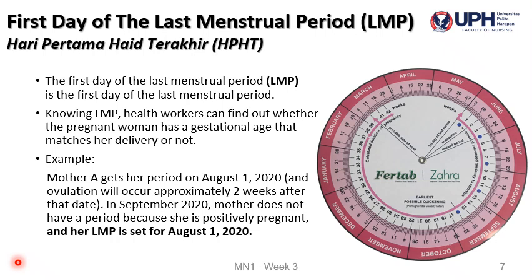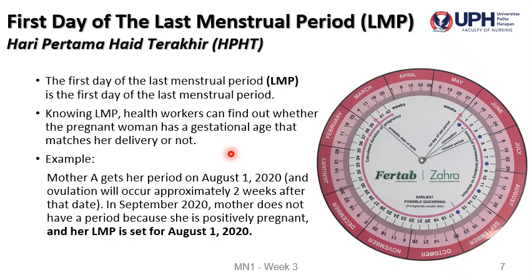Now, we are going to also learn about the last menstrual period, or in Indonesian, we call it hari pertama haid terakhir. So, we used to ask this to the mother to determine when is their due date. So the first day of last menstrual period is actually the first day of your last menstrual period. So you had period last month, and when is the first day of the start of your period? So by knowing the LMP, we can find out whether the woman has a gestational age that matches the delivery